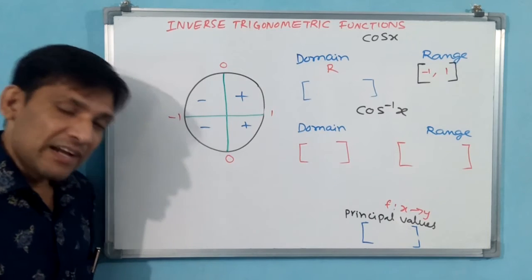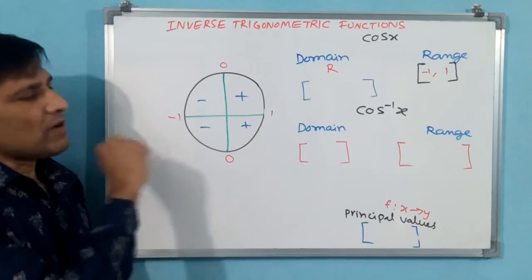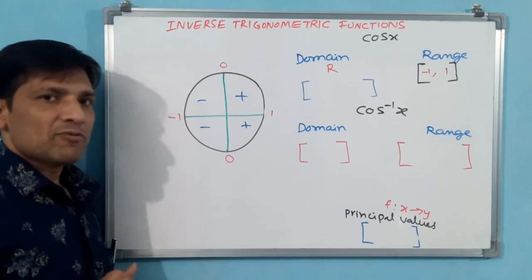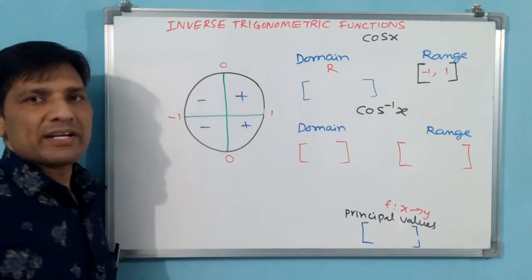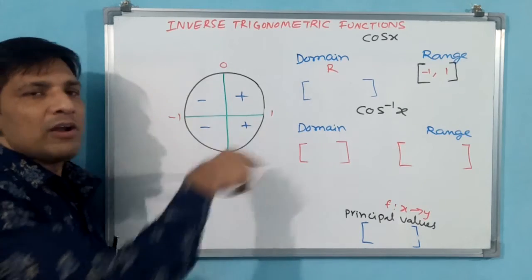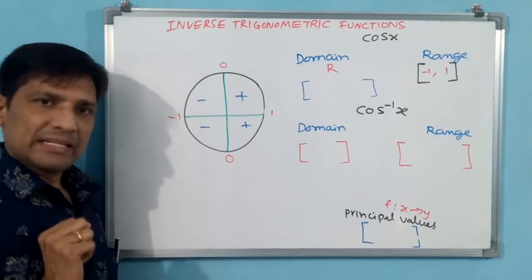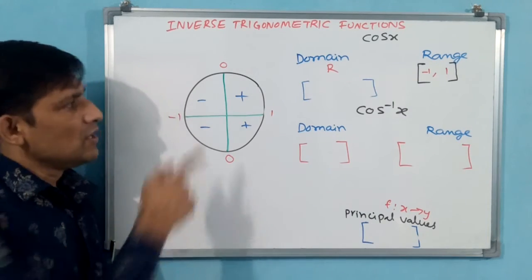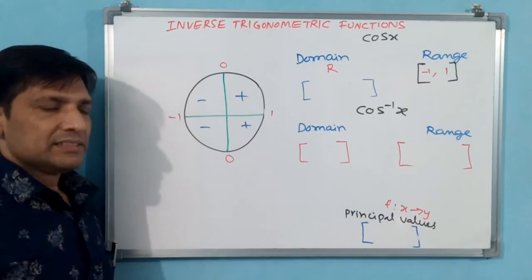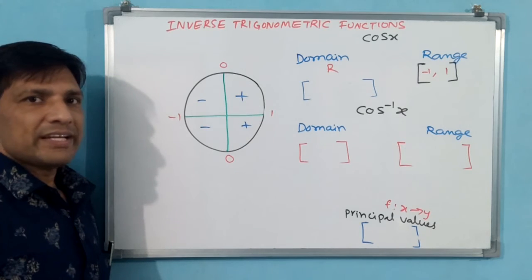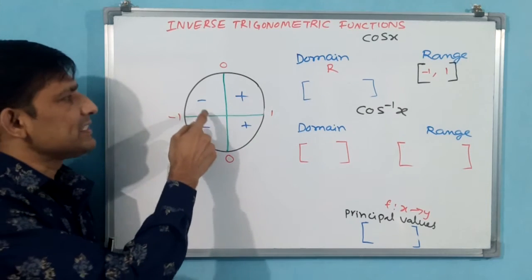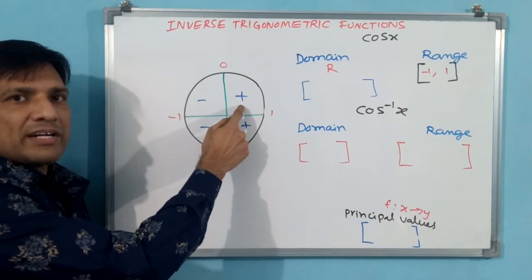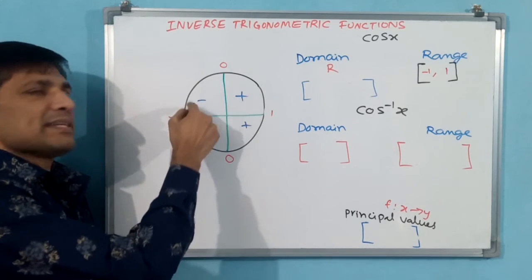But we want one-one. To make it one-one, what do we have to do? See, while selecting another quadrant, you have to select the first quadrant. I already told you, for all you have to take the first quadrant, it is a must. I am talking about principal values. For principal values, the first quadrant is a must. Along with the first quadrant, what can you take? Do you have any other option rather than taking the second quadrant for cos? You see, first quadrant continuity should be there. Minus to plus continuity.